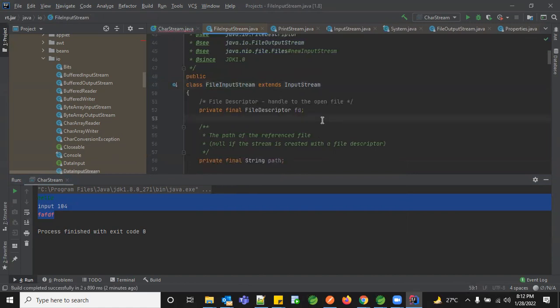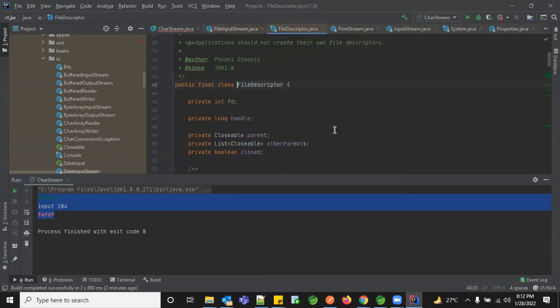And here you can see a few keywords, such as file descriptor. This file descriptor is similar to the path where your file is. Apart from the file name, the entire details, like where the folder is and where the path is, we can describe through this particular object called file descriptor. This will have the relevant parent classes and everything.